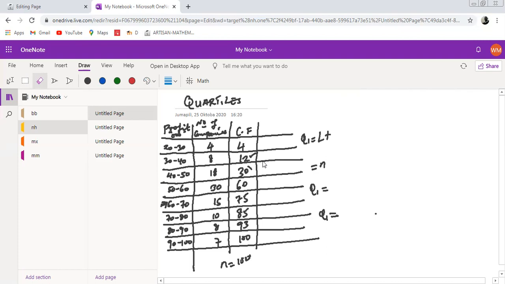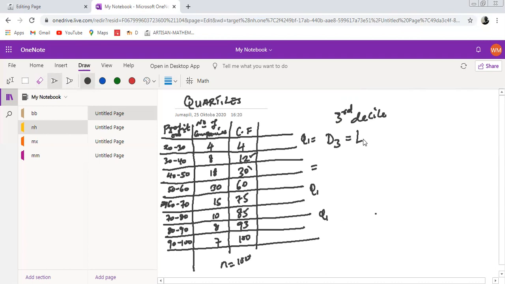So if you are told to compute a decile, just remember the distribution is going to be divided into 10. Let us see if you are told to calculate the third decile. The same case applies here. We are going to alter the formula for the median just a little bit so that we can accommodate this. If you are told to calculate the third decile, which is normally denoted by D3,